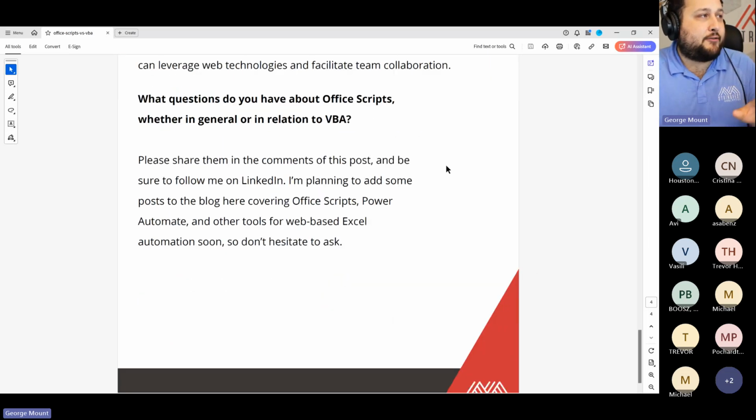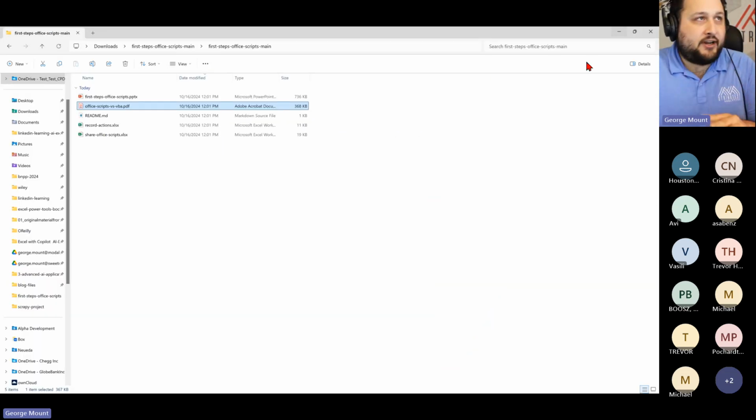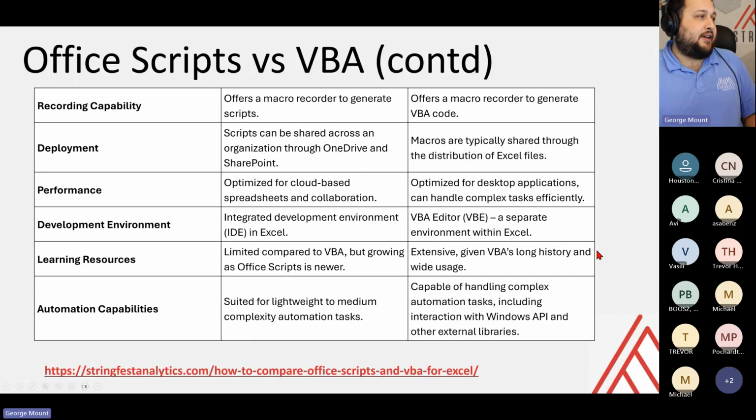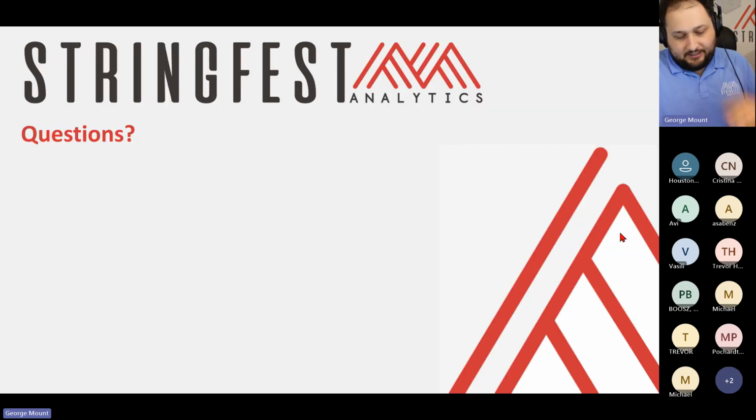All right. So you have that resource, you have the slides. If there are any questions about that, please don't hesitate to ask. But let's keep going here. And then you have that resource, you have the PDF, you have all that stuff. So that's just the overview, the elephant in the room, get that question answered. Okay. And if there are any more questions, feel free to let me know.